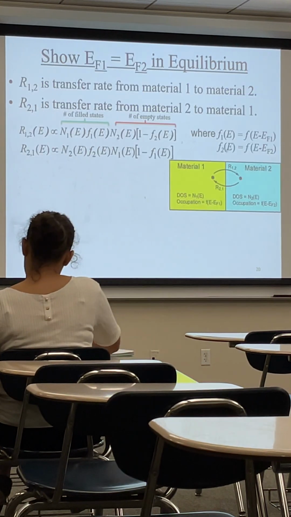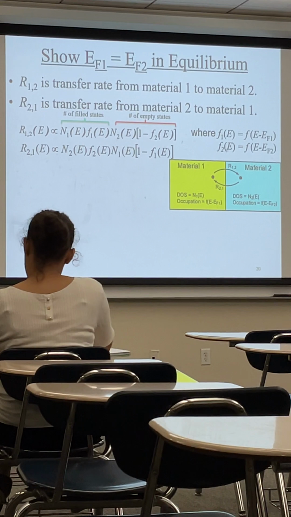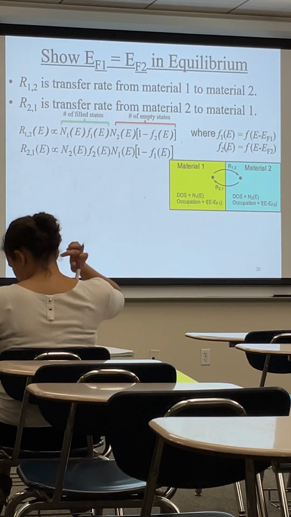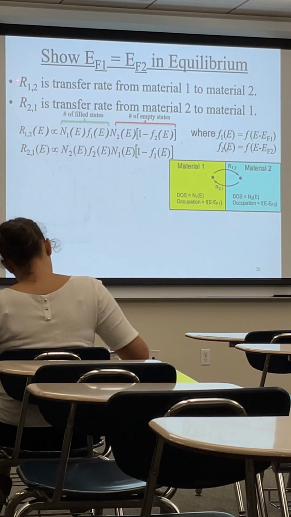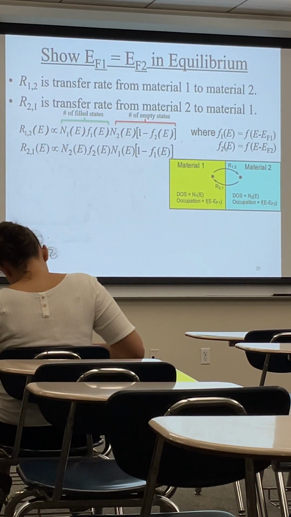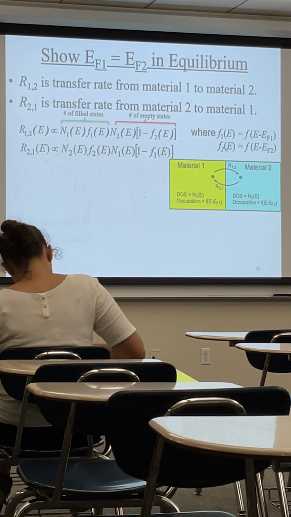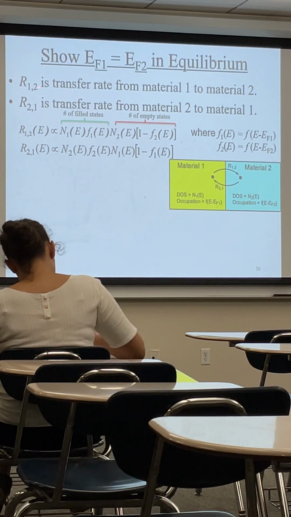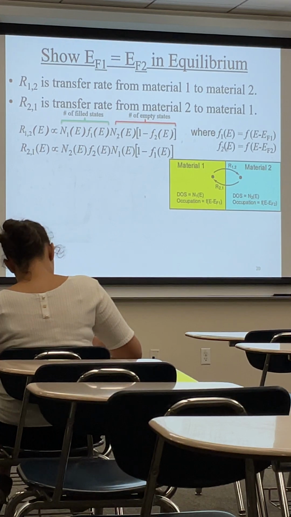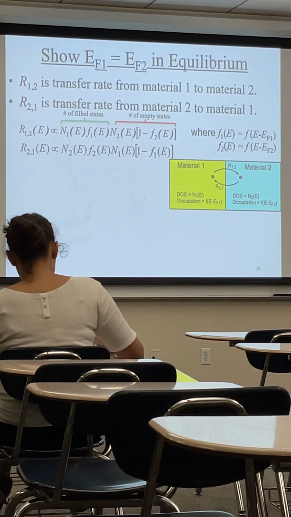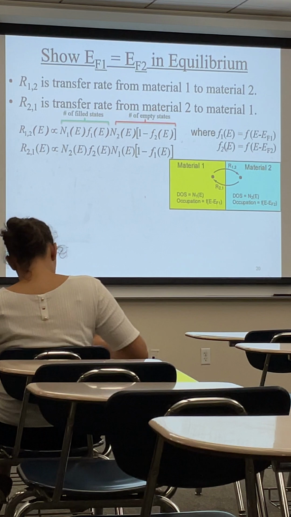the Fermi level in these two materials is the same. To do that, let's try to find the expression for this transfer rate. We have the transfer rate from 1 to 2, and basically we are thinking about electrons moving from material 1 to material 2. So we need to think about how many electrons we have in material 1, and in material 2